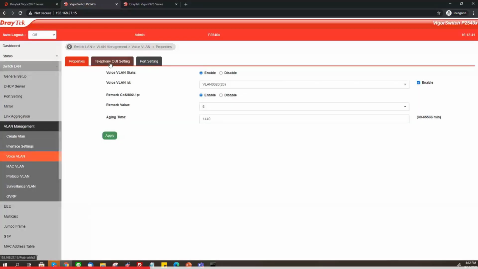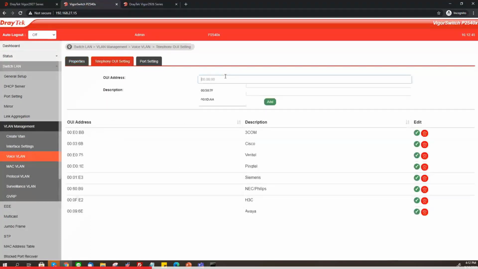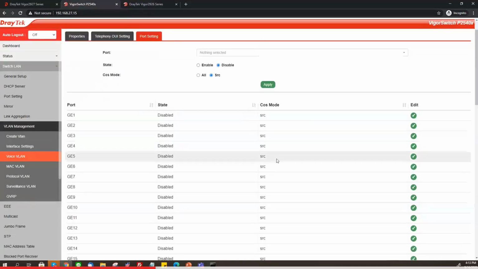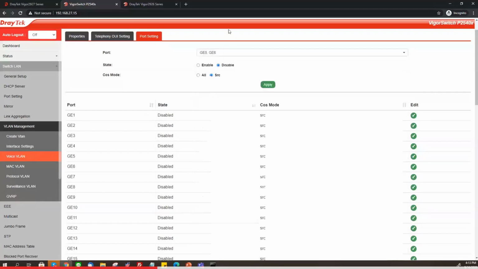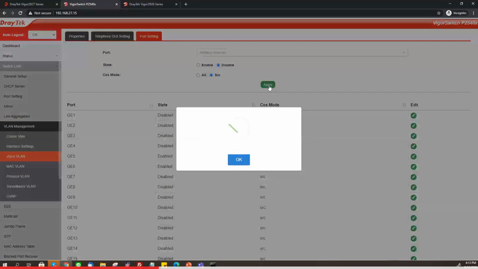Next, we set up the telephony OUI. We add the OUI address, which is the first 6 characters of the MAC address of the router. Then we enable the voice VLAN on ports 5 and 6. The CoS will be added on all packets.